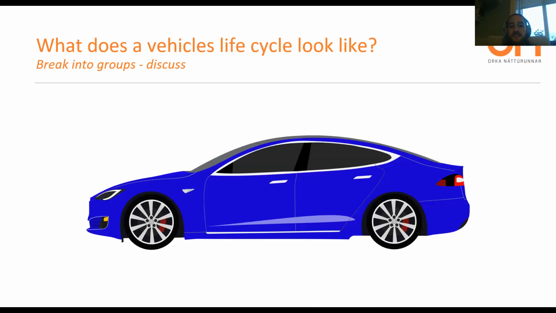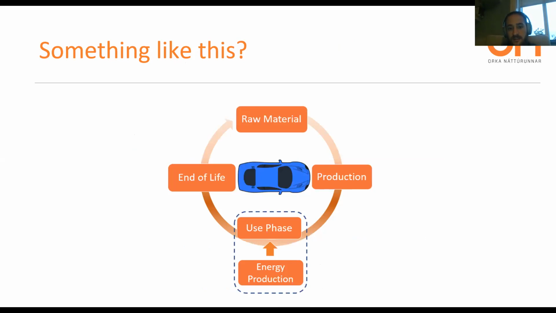So what does a vehicle life cycle look like? Normally I would have a discussion and talk about this on the board and try to get you to draw it or come up with it on your own, but I can just give you the results, and it looks something like this. Of course, you can go into much more detail on each one. At the end of the day, you can usually break everything down to these steps. You have your raw material, you have your production, you have the use phase, and